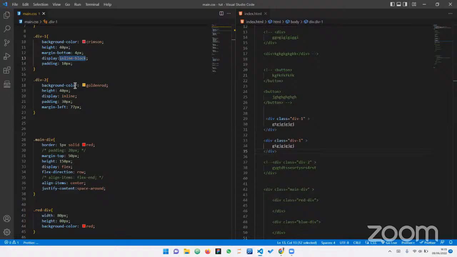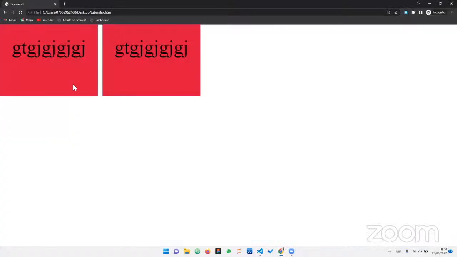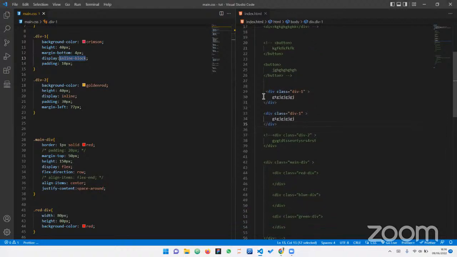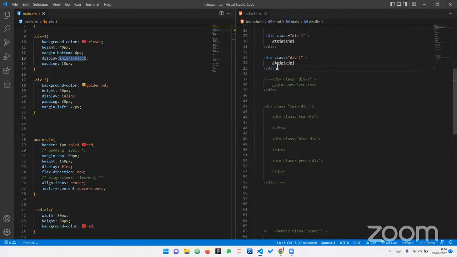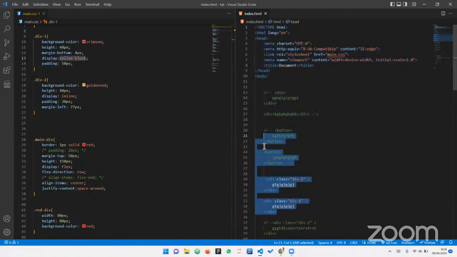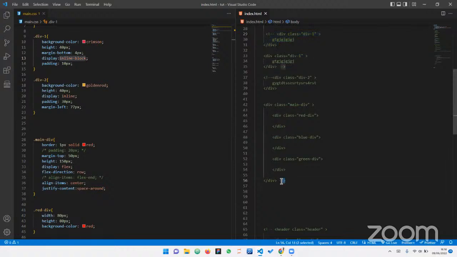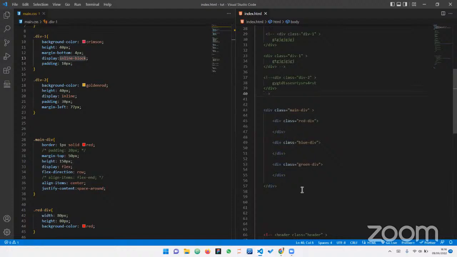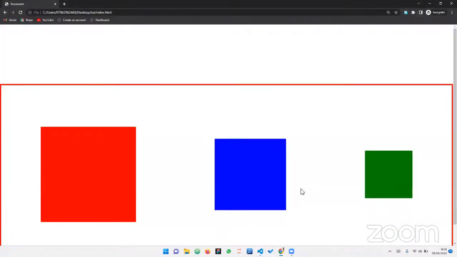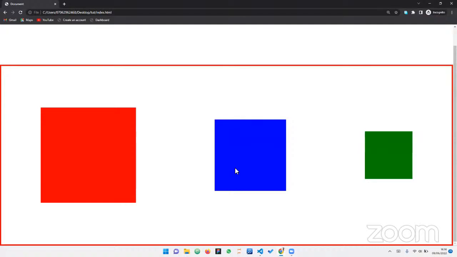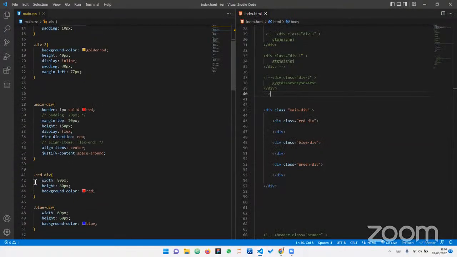So let's jump back. Last class we talked about flex. In order for you to understand flex, let me comment this out. Let's talk about flex. Flex is also a type of display, and it's a wonderful one. It will make your work easier. So we have something like this. Where is the main div? In order for you to understand flex, we created